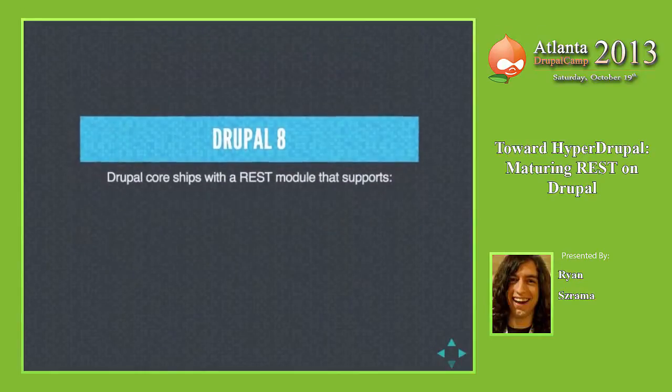But Drupal 8 is actually going to be much, much better because Drupal 8 ships with a REST module in core that's going to let you turn any entity type on your Drupal site into a REST resource, so that if you send an HTTP request to its URL requesting JSON back, if you have access to get the JSON representation of this node data, you can. It will serve it up for you. Because we're using Symfony, which knows how to respect HTTP headers and route different incoming HTTP requests based on the request type and the media type and all that kind of stuff.